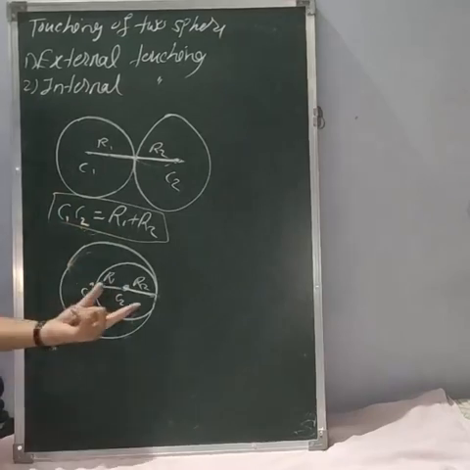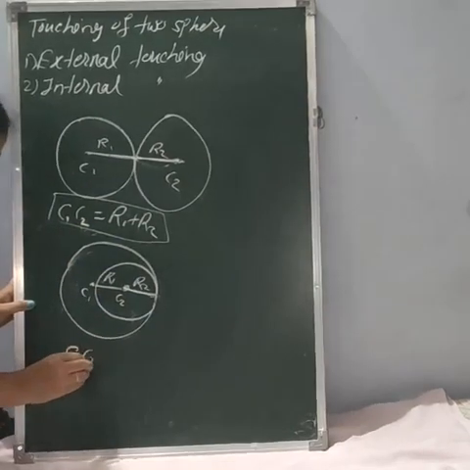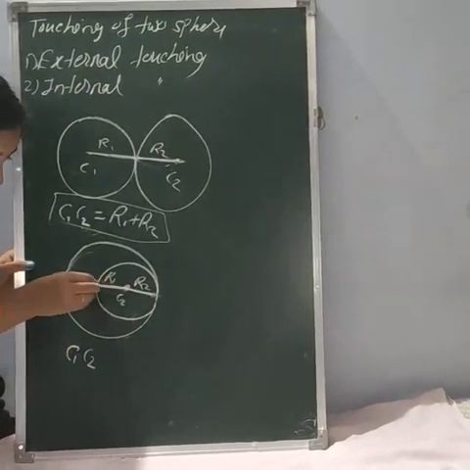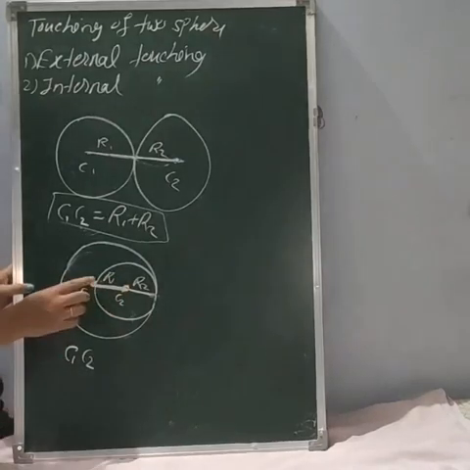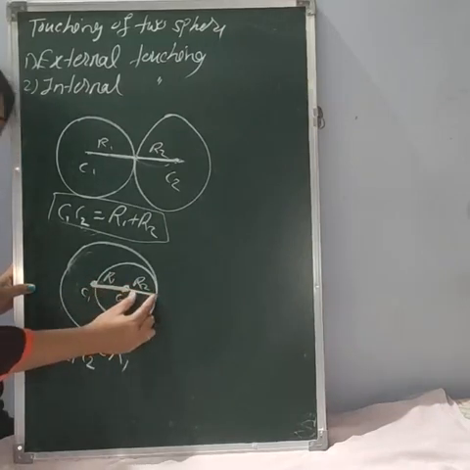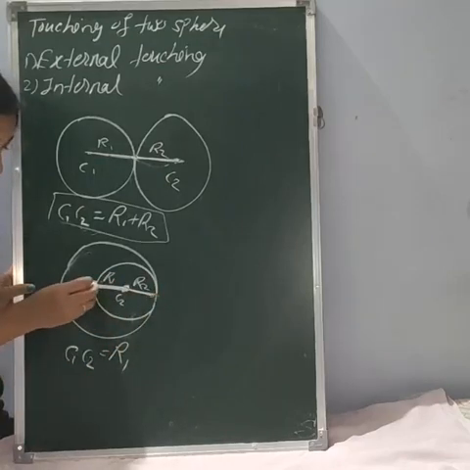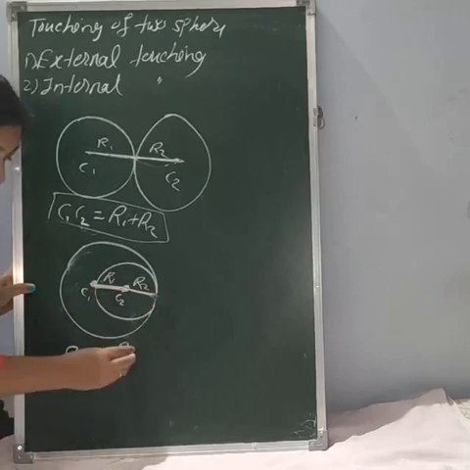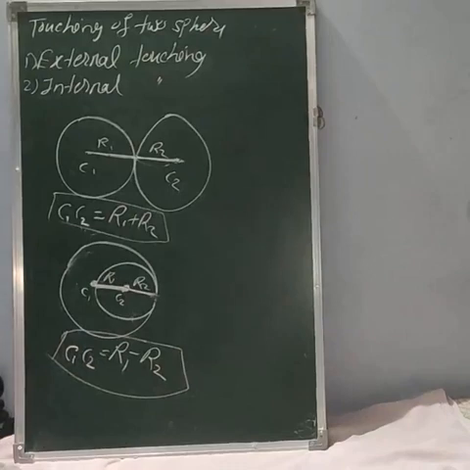So what do we get when we say these two spheres touch internally? Now if you find the distance between C1 and C2, we want only this distance, C1 to C2. Then what do we get? This whole is R1, so we take R1 minus this distance, because we don't want this part. What is the distance C1 C2? Only this part. R1 is nothing but this whole, so we have to subtract this distance from the whole distance. So what we get is R1 minus R2. This is the condition for the internal touching of the two spheres.